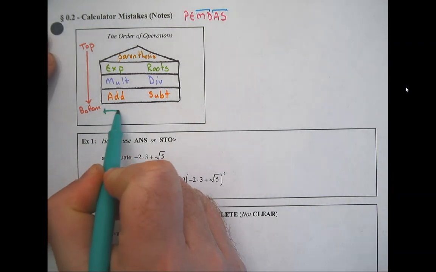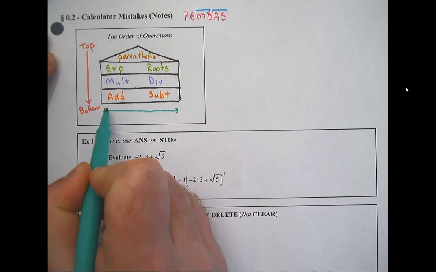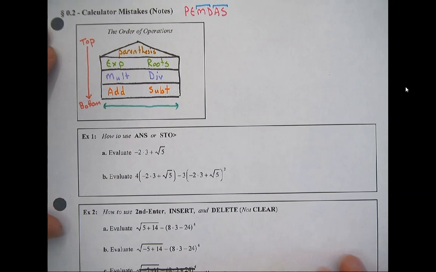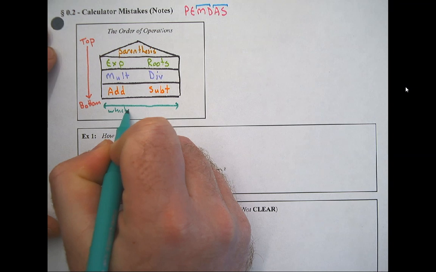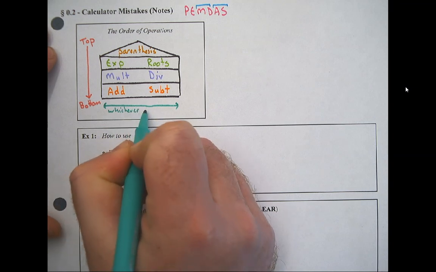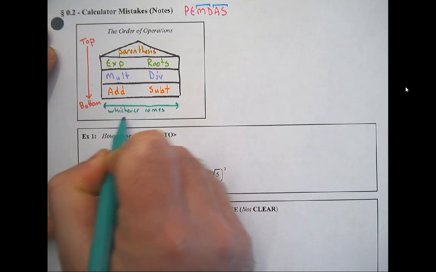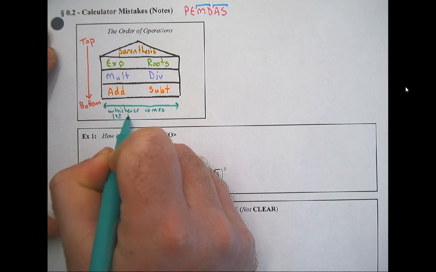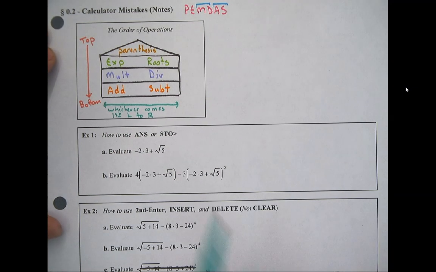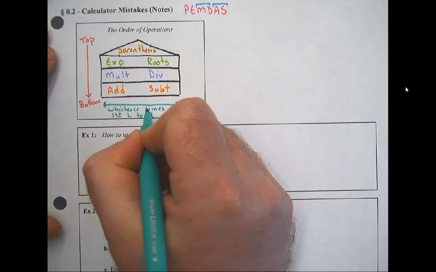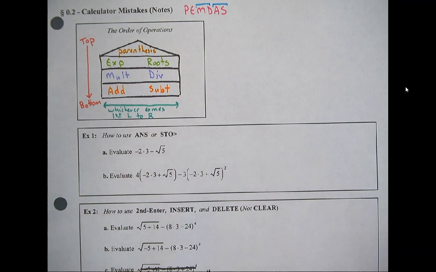that's what I was talking about with the please excuse my dear Aunt Sally. This does not have a direction. It's whatever comes first, left to right. So whatever shows up first in the problem is what you would then do first as you